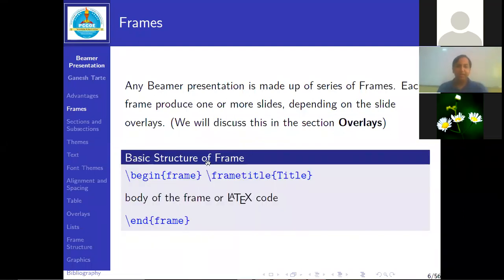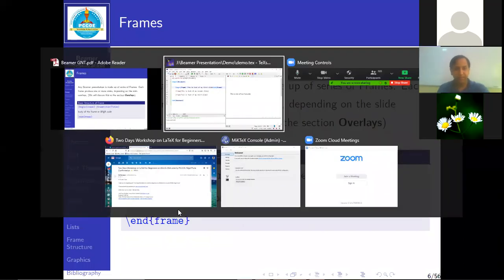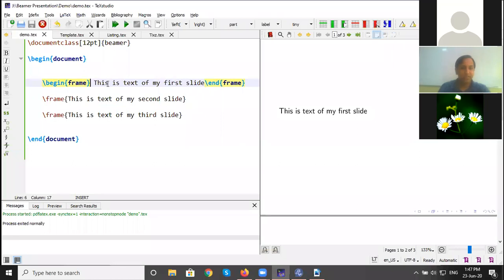We already discussed the basic structure of a frame. It starts with begin frame, then we can add the frame title, then the body of that frame or LaTeX code, and then end frame. So for example, for this first slide, I want to add a frame title.